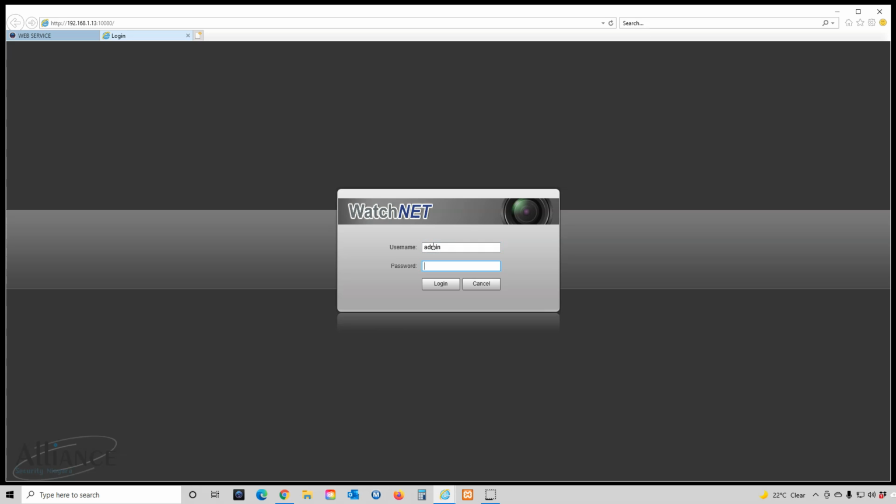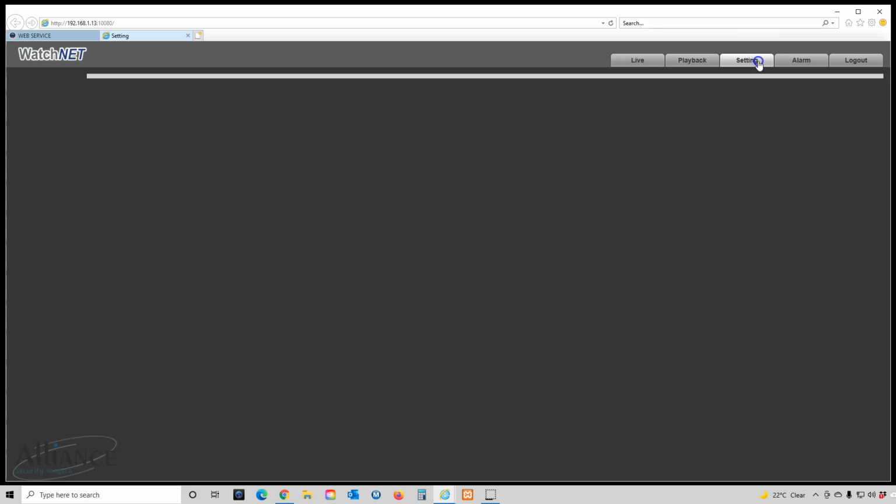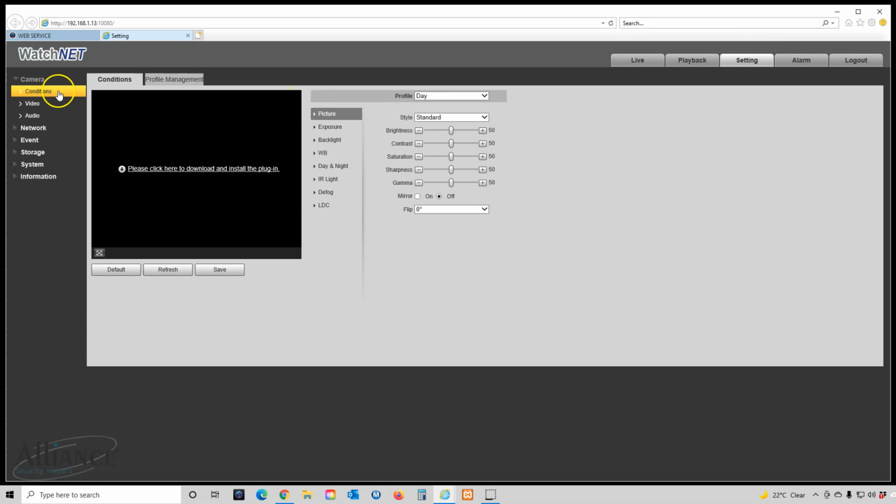By default, the password is 1234 and the username is admin, unless it's been changed. Once we log in, if you need to see the live view, you can click and download and install the plugin and reopen this. If not, we can just simply go to Settings, and right here, the very first tab under Conditions, we have